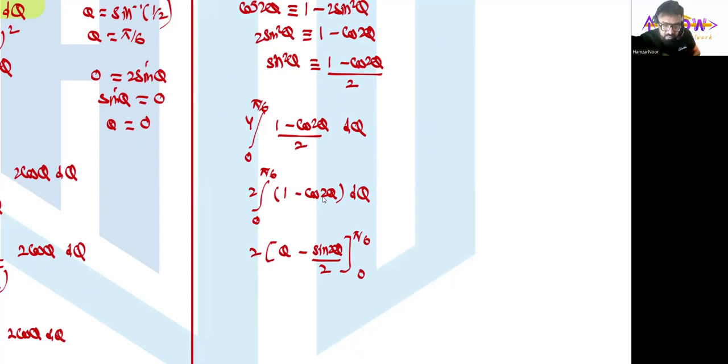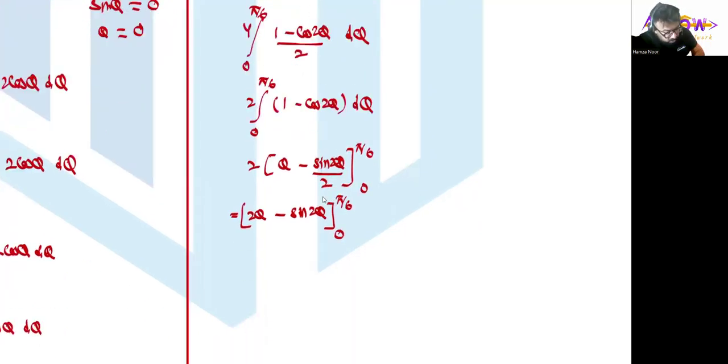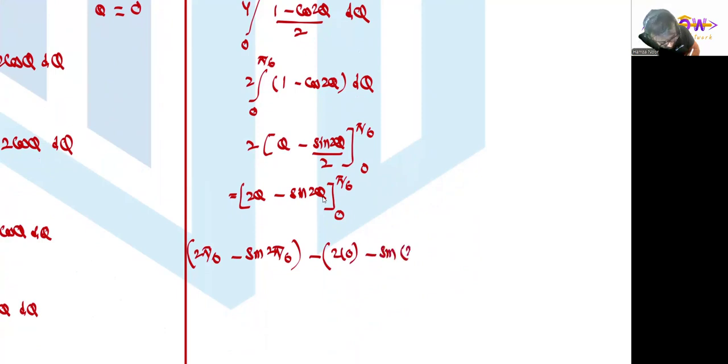So this means that if I expand this in this step, 2 theta minus sine 2 theta, we are left with this thing. Upper limit pi over 6 and the lower limit is 0. All right, and now we need to just put the upper limits and lower limits respectively. So 2 pi over 6 minus sine 2 pi over 6, then bracket close and then subtraction sign, 2 times 0 minus sine 2 times 0. All right. So 2 pi over 6 is simplified as pi over 3 and then the value of sine